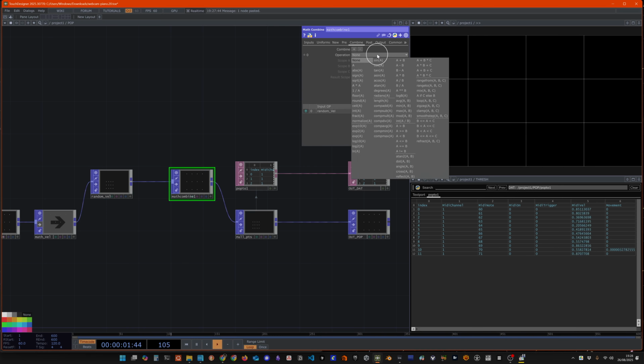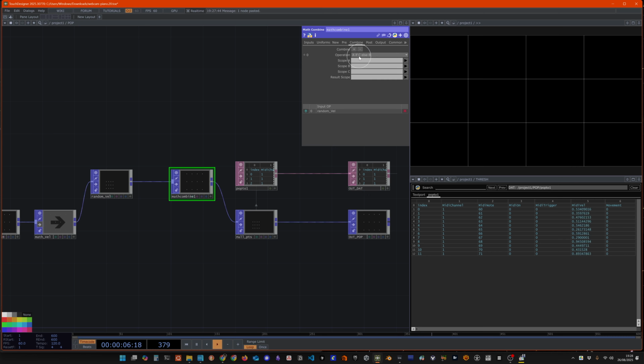Let's say that I do an if A, say A if C, else B. Another way of putting this is, if C, then use A, otherwise use B. So for now, let's just put a 1 here. So that's always true. So if true, then use MIDI vel, otherwise use 0. Okay, so what we've done is, let's just put 0.5